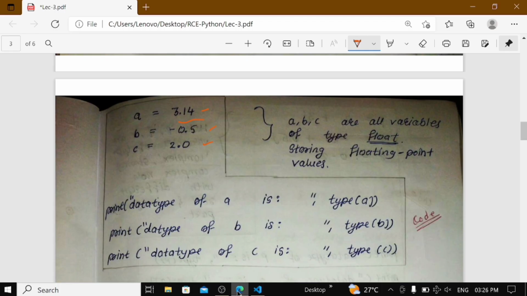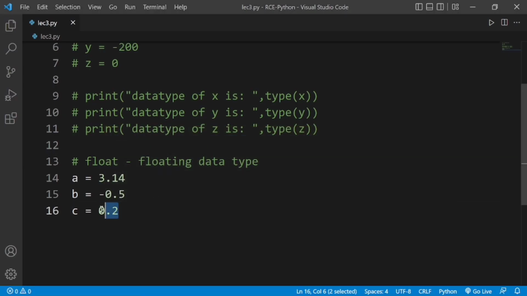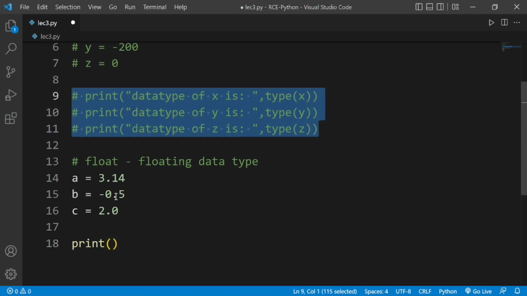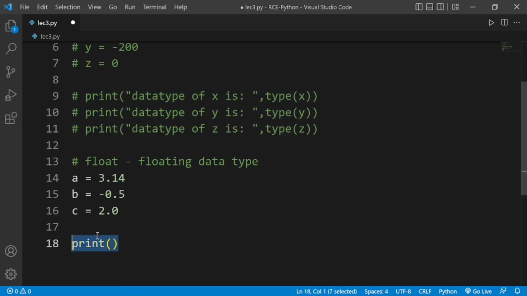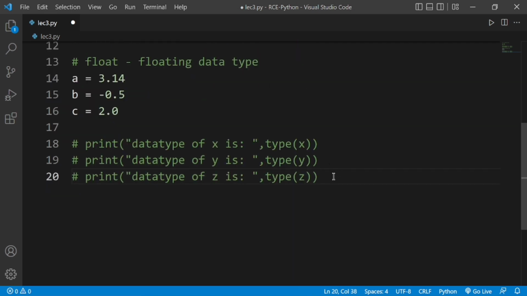What is the value? 2.0, I think. Okay, so the c value is 2.0. Now what we are going to do, I am going to write print, then again these statements we are going to write similarly. So I am going to copy this and paste it here, and remove this comment,